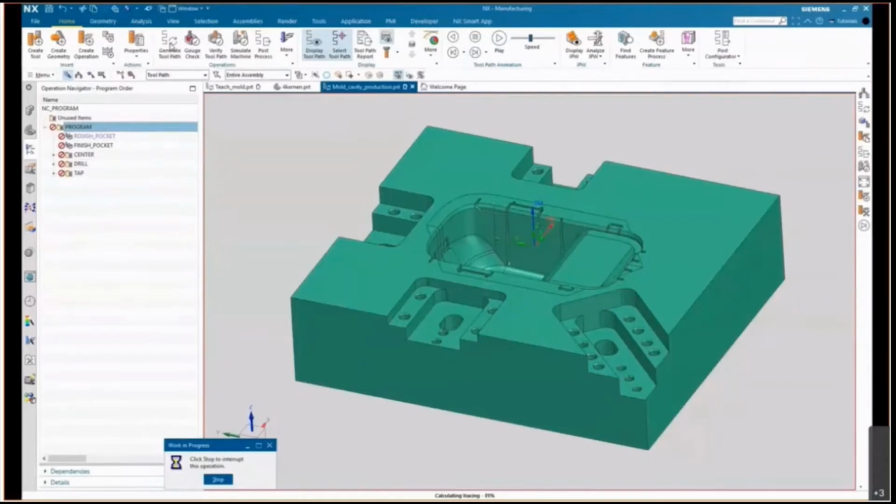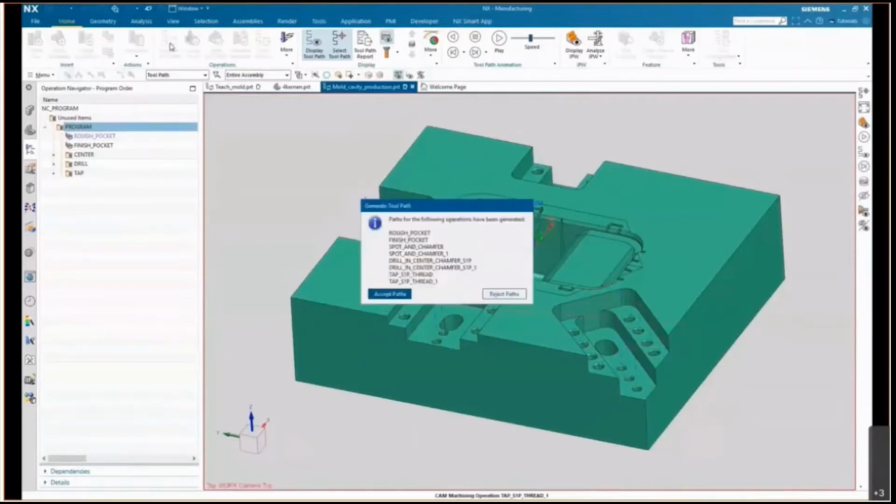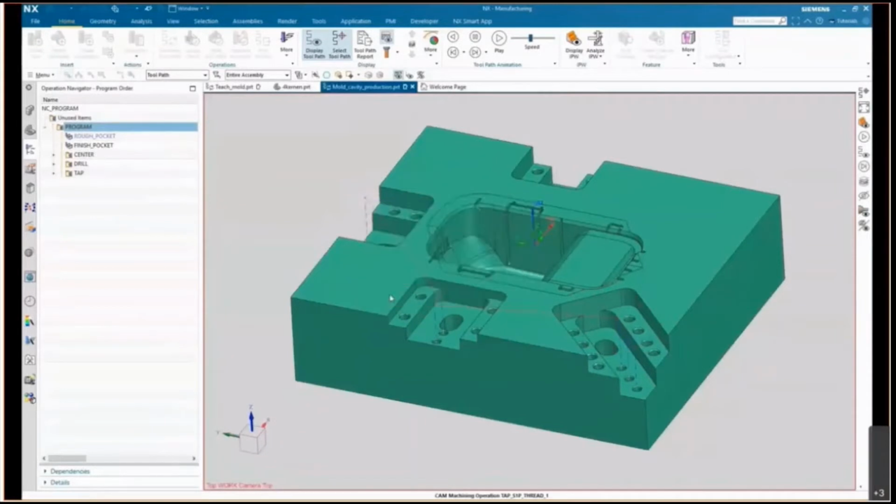After generation of these operations, I already have my toolpath available. As you can see, it's coming up now. This will take, in my case, with the slider and all the holes, like spot drill, drill and tap, 30 seconds.